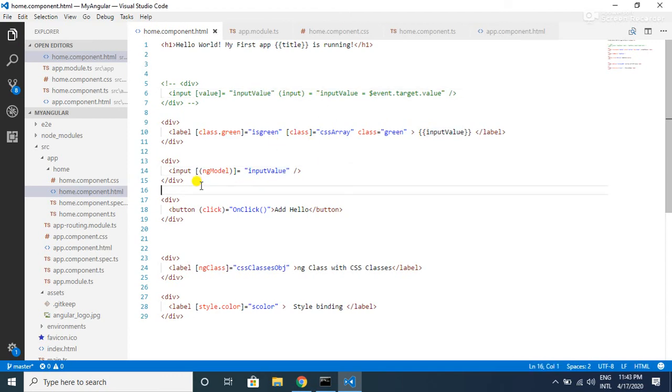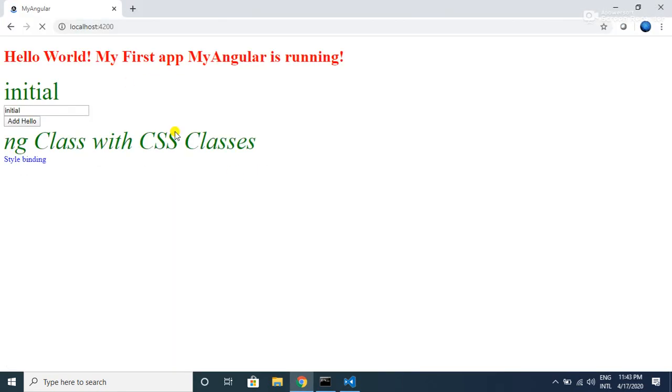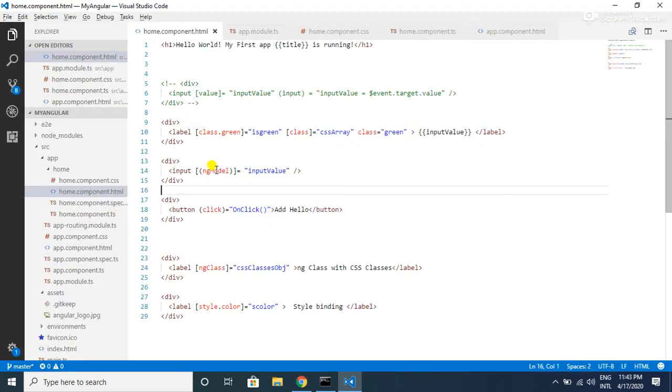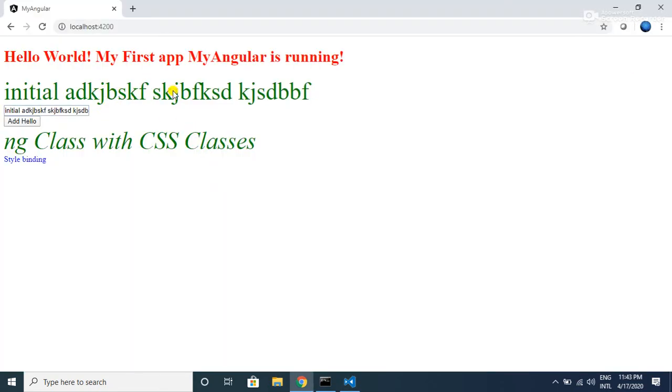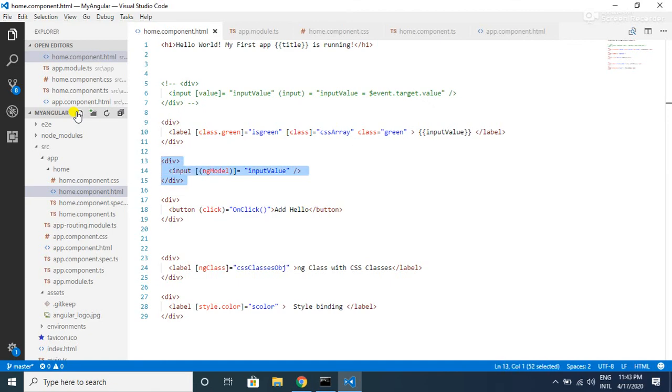So if we save this file and then see the browser, whatever value we are updating, this text box was made with this ng model directive, and still we can see the content updated in the label, and whenever we remove this, it will also be removed.